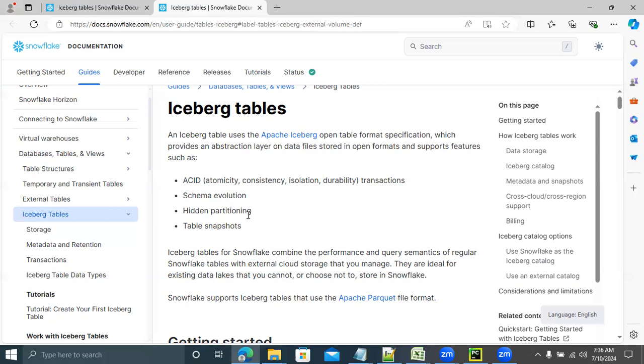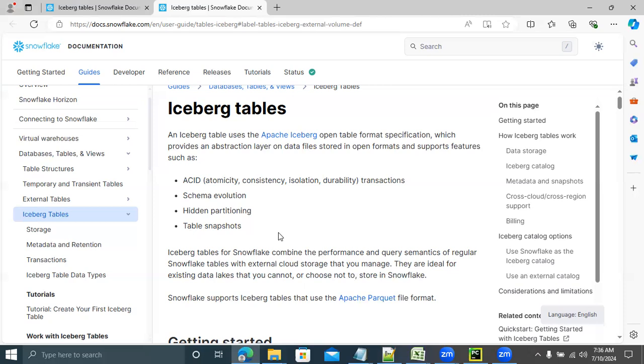Sujita, do you know what partition pruning is? Only the relevant partition will be scanned; the remaining partitions will be skipped. If you use where city equals Chennai, only the Chennai partition will be scanned. That's why we can improve the read performance as well as the performance of the data. This is nothing but hidden partitioning.